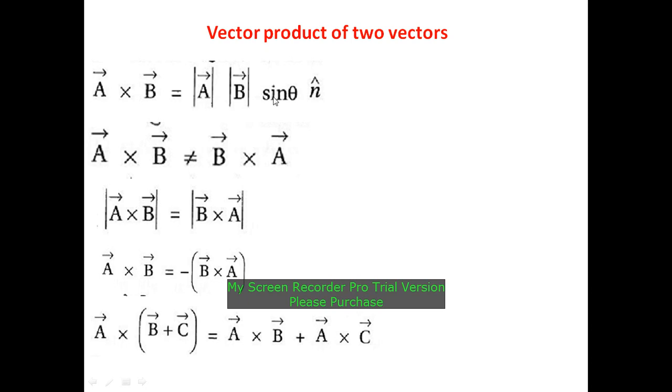At 180 degree it is also 0, and at 270 degree it is minus, so a cross b is equal to minus ab. So sin 90 and sin 270, means sin pi by 2 and sin 3 pi by 2, are plus 1 and minus 1, and at sin 0 and sin pi it becomes 0. So exactly opposite to